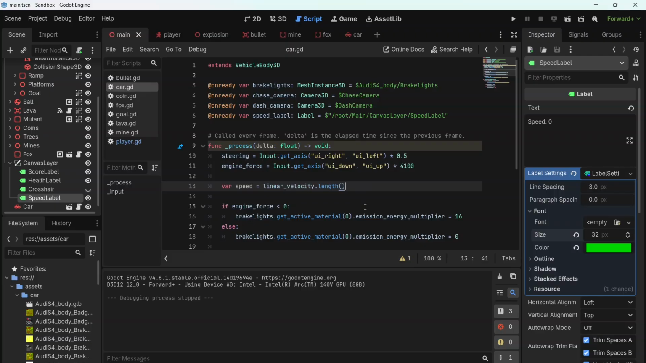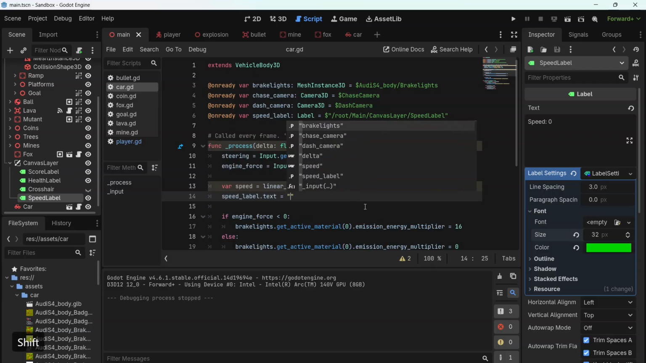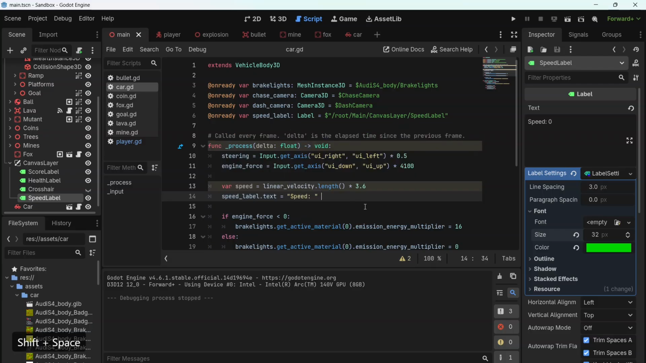car. But it is in meters per second, and you probably want to display the speed in kilometers per hour. So I'm just going to multiply this by 3.6, because that's 60 times 60 divided by 1000, and that should change us from meters per second into kilometers per hour. And I can set my speed label text to speed plus that speed turned into a string, speed plus space kilometers per hour, so I know what unit we're working